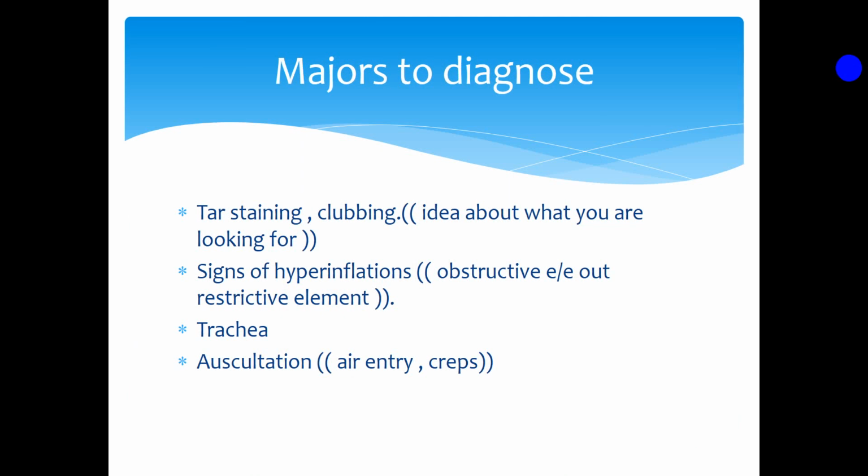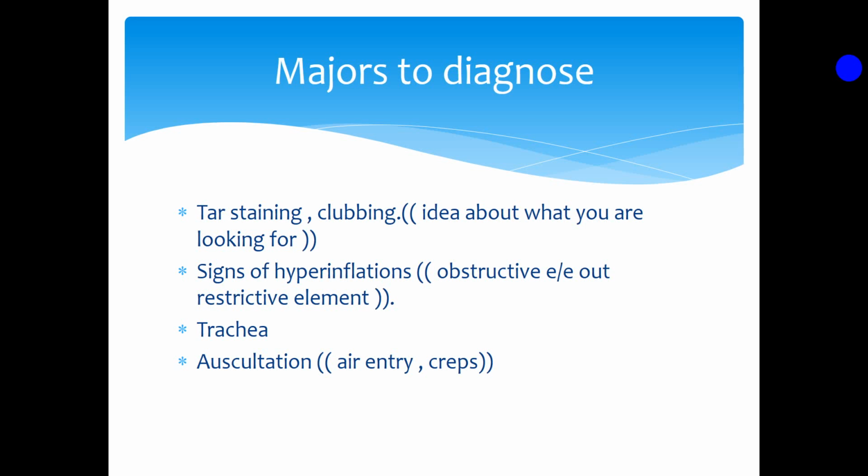You have to look at the fingers to look for tar staining and clubbing. Tar staining and clubbing will give you an idea about what you are looking for. Clubbing may be fibrosis, maybe bronchiectasis. Tar staining may be obstructive lung disease. You would look for signs of hyperinflation. If you find signs of hyperinflation, it would be obstructive with or without